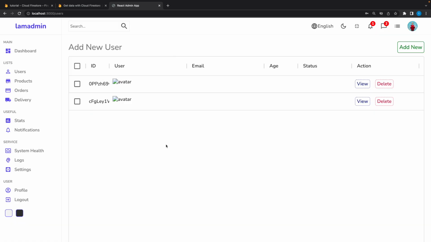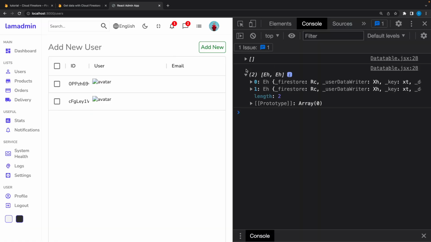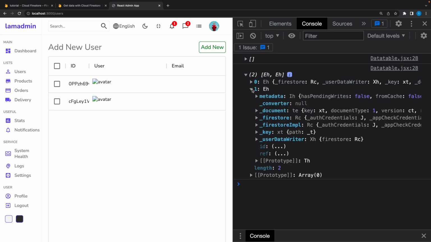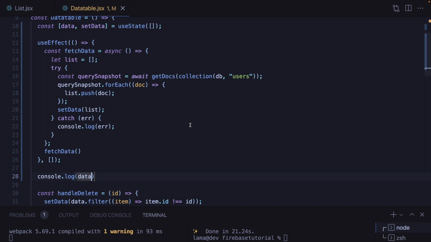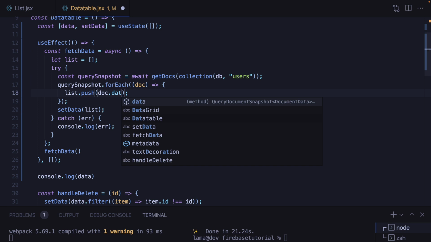Okay, they are already here, and as you can see, there is something wrong here. Instead of giving us our user properties, it returns this strange object. But if you check its methods, you are gonna see that there's a data method here, and it's gonna include all properties. As I said, Firebase is a little bit strange, but this is how it works. So instead of document, if I say document.data,